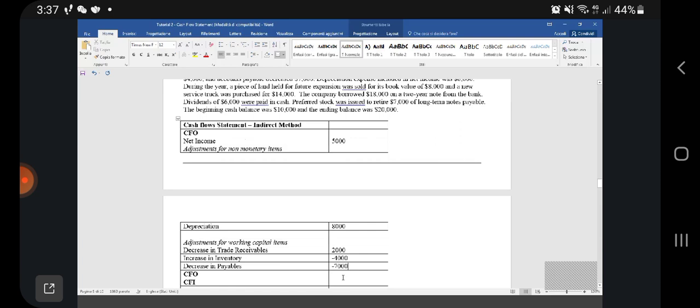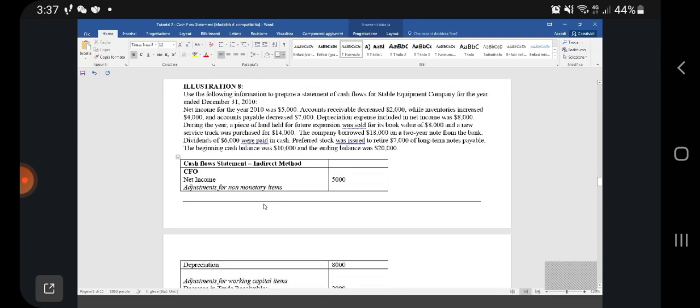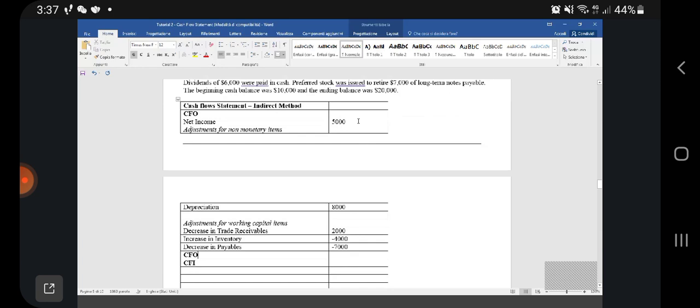So the cash flows from operations is 5,000, which is the net income, plus 8,000 the depreciation, 13, plus 12, 15, less 11. So the cash flows from operations should be equal to 4,000. If we make all the pluses and minuses over here, this should be equal to 4,000, a positive cash flow